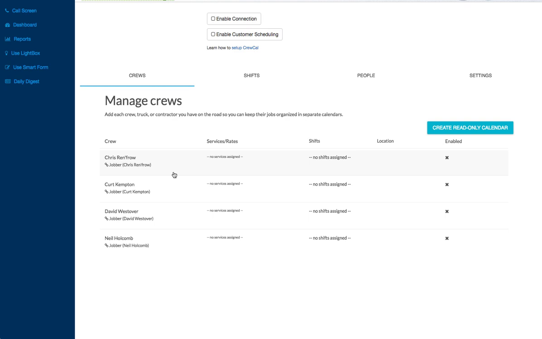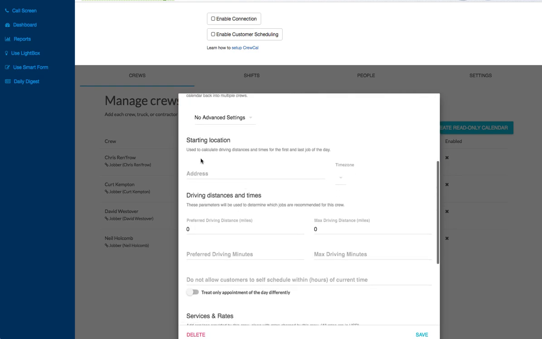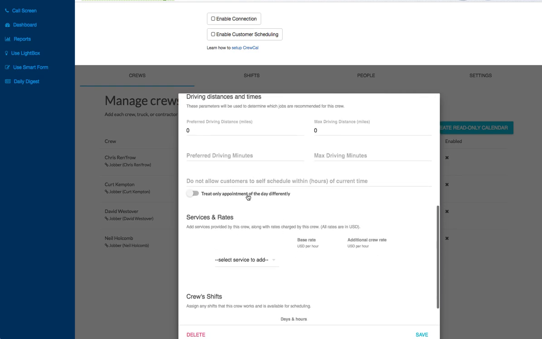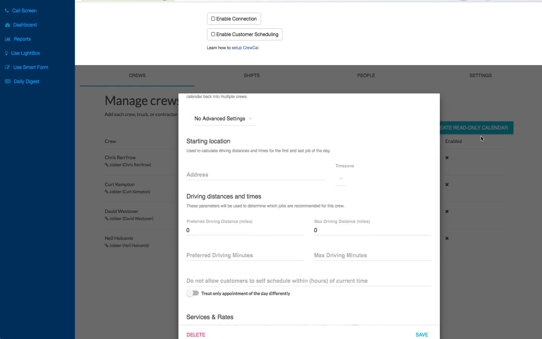So that just means that you can't just call things different things and expect them to know what you're talking about. This will actually be tied in directly to these calendars. Now, as far as setting up your services and your rates and your shifts and your people and all your other settings, and actually enabling and getting these things ready to schedule and setting up all the parameters you want CrewCal to use to know how to schedule you as far as driving distances and things in your own time zone,